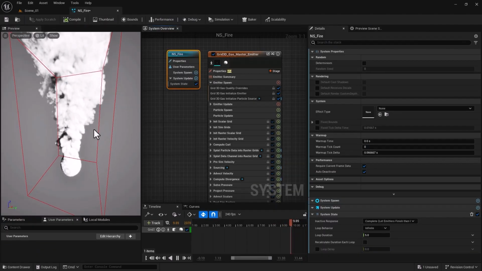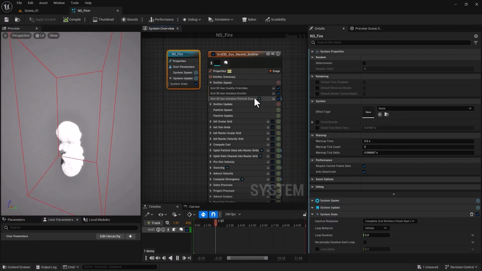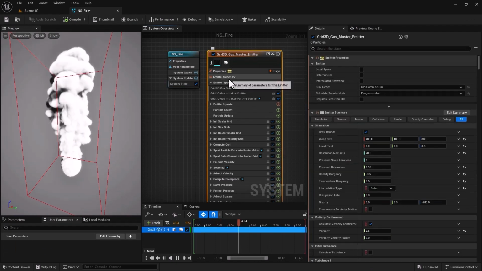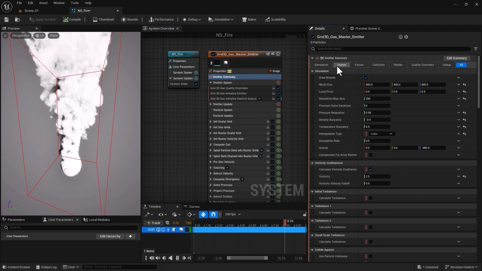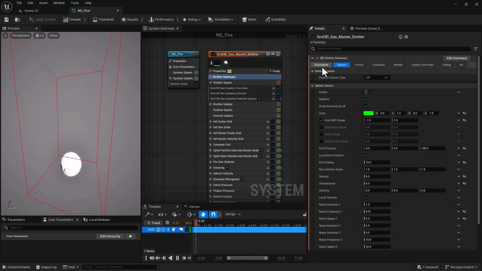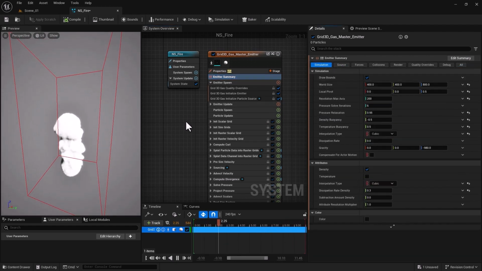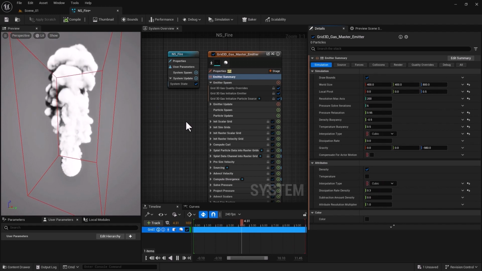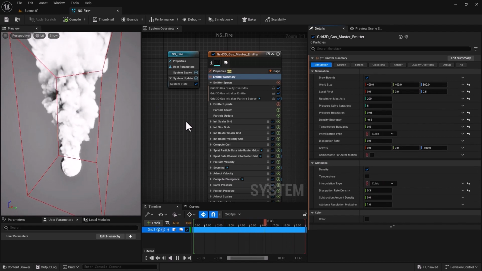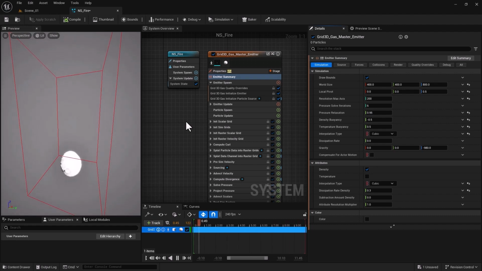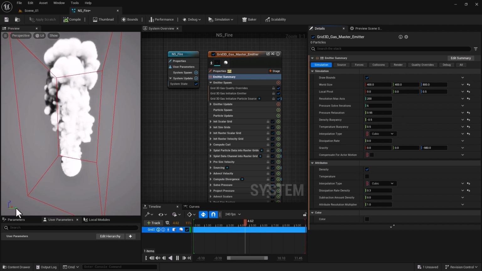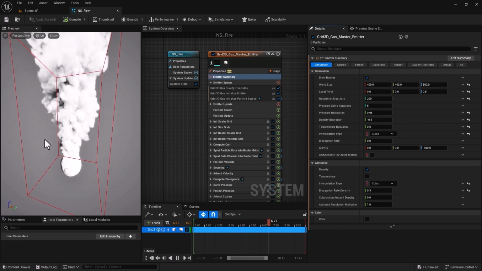Well, that's not going to work because it looks at the attributes. If I go to emitter summary, it looks at the velocity, it looks at gravity, and tries to figure out where the smoke is going to move. So just rotating it is not going to do the trick. We actually need to push the smoke on the X or Y axis in this case, to be able to